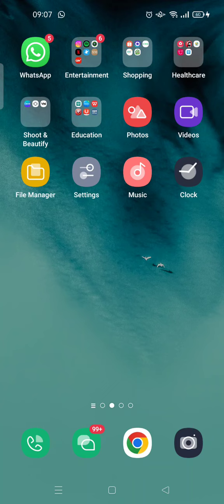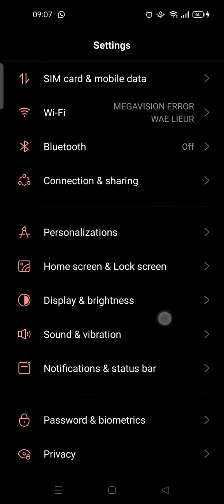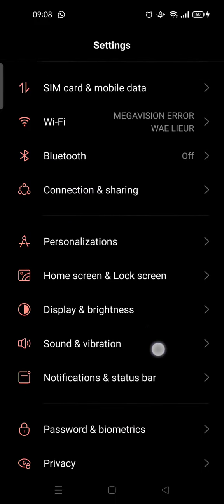In this video, I'm going to show you how to change phone display on Oppo phone. So this is my phone and I want to change the phone display here. Just go to settings menu at your phone and then scroll down until you found this